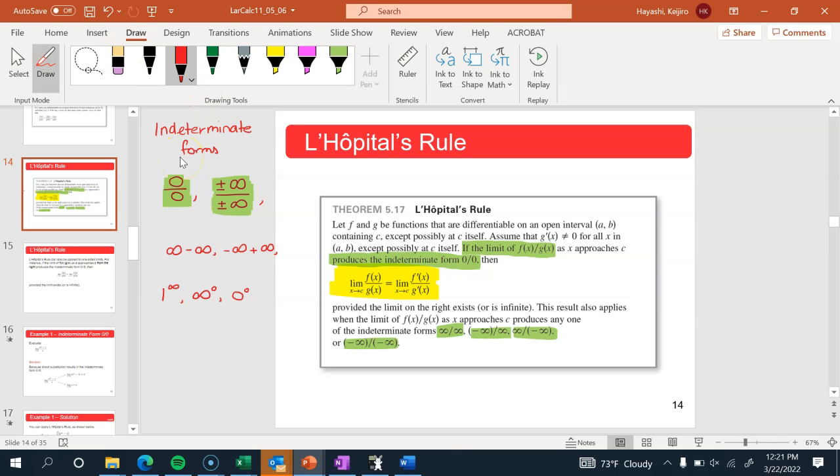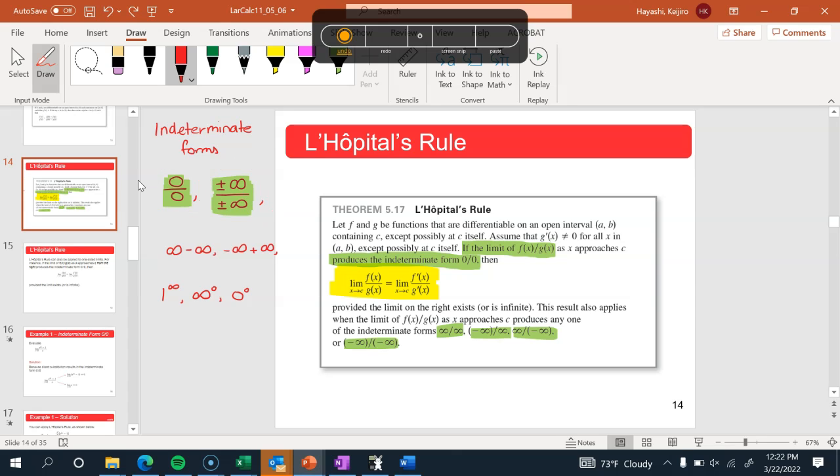It is possible to get these other indeterminate forms, but you want to eventually get them to be this or this, so that you can use L'Hopital's rule. So you might start off with some other indeterminate form, but you're going to want to make them into these. Now, what is not an indeterminate form